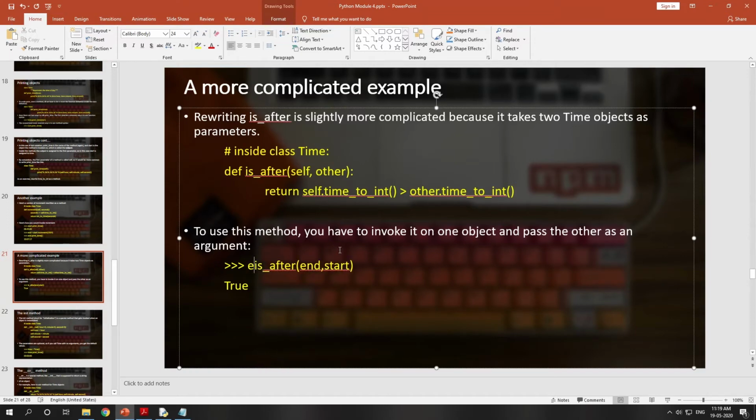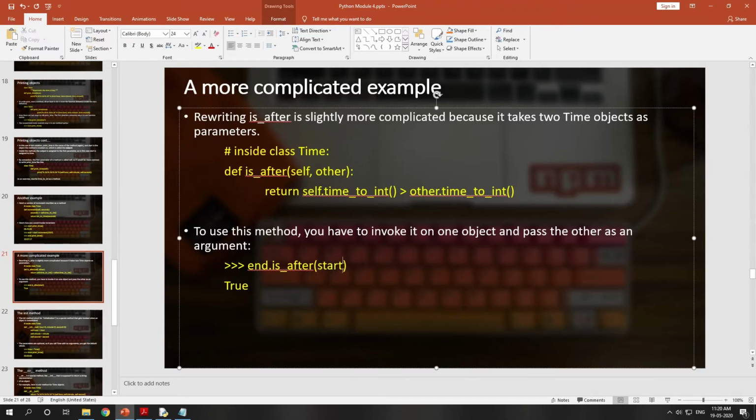What you need to do is take an object of Time as the first argument, then use a dot operator, call the method name, and then pass the second object as the second argument. It's a bit complicated, but by practice you can easily understand it.